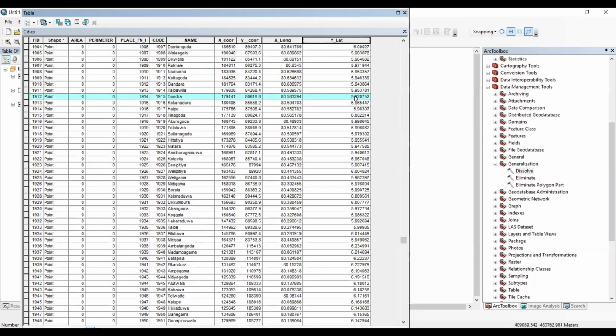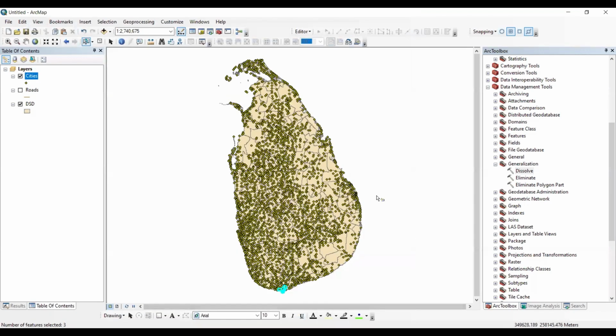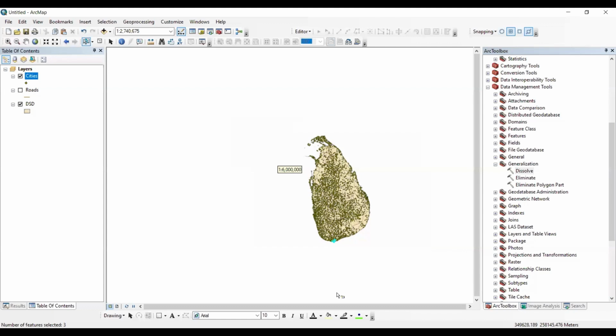See, 5.9 degrees from the equator. The equator is somewhere else here, so just assume it is the equator line. So it is 5 degrees upwards from the equator. This is 9 degrees. So within that, Sri Lanka's extent is there.